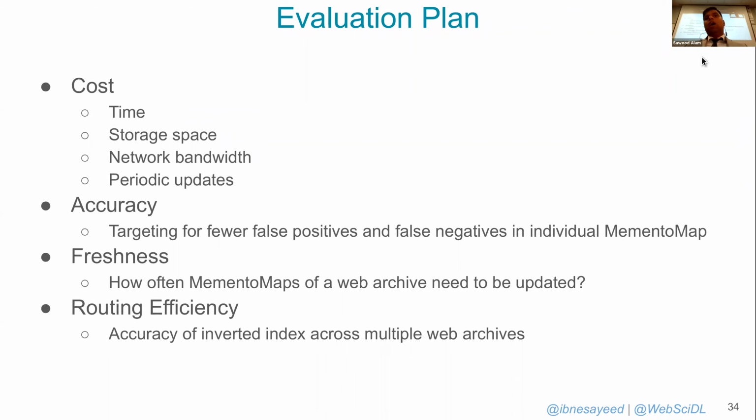In cost, we'll look into time, storage, network bandwidth, and so on. In accuracy, we'll try to see how few false positives and false negatives we can generate. In freshness, we'll discuss how often the MementoMap of web archives needs to be updated. And routing efficiency means, when not talking about one archive, but multiple archives together, how efficient we are in routing